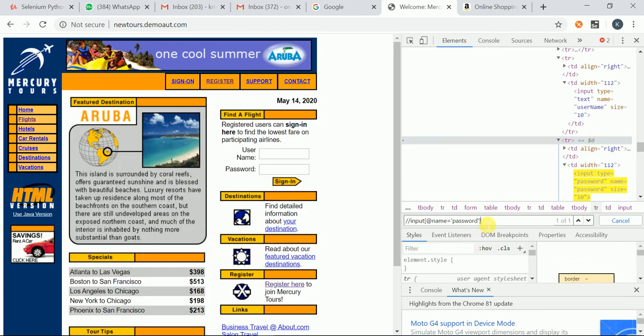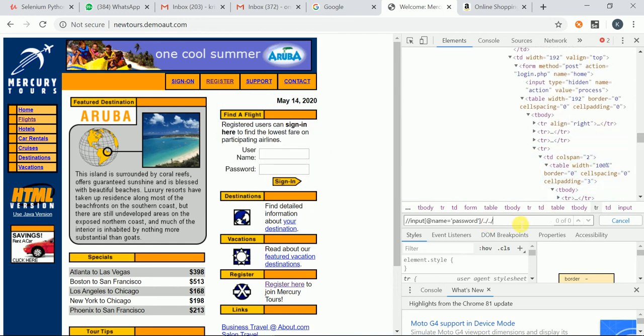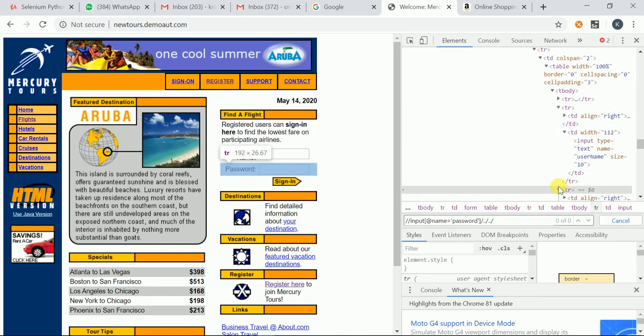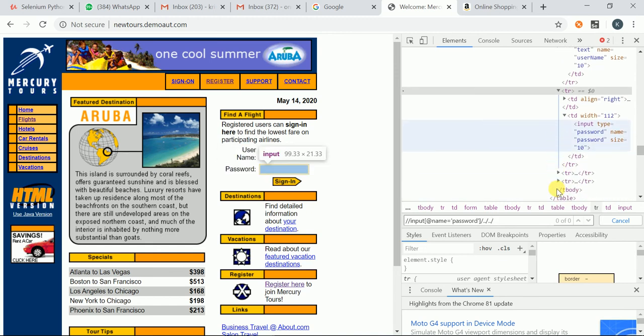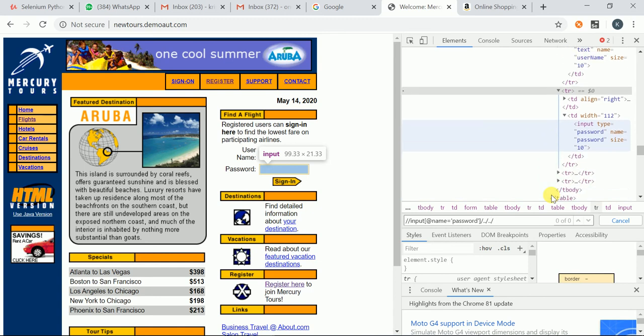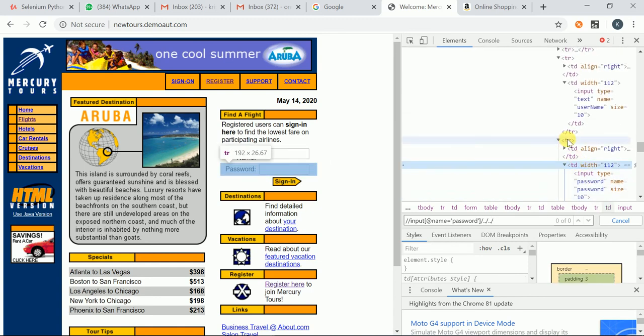Let me write slash double dot slash, then control goes to its parent. Again, one more level. Double dot slash will go one more level up. So now two levels we are going up. This is one level and this is two levels.